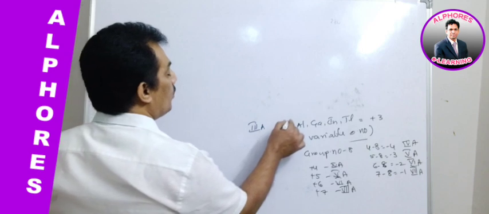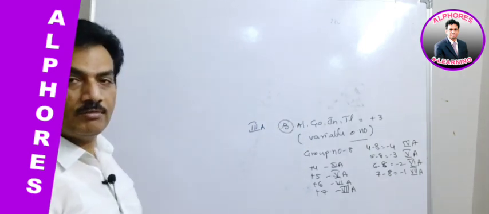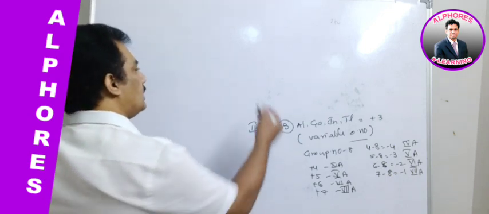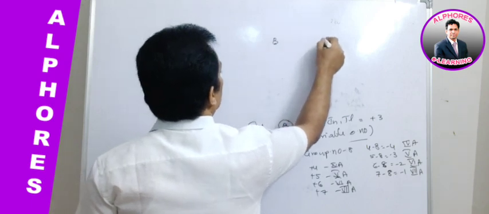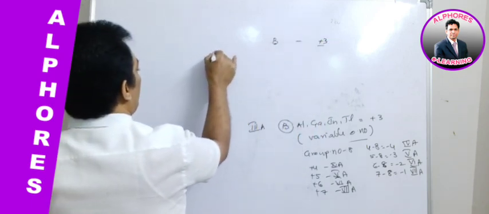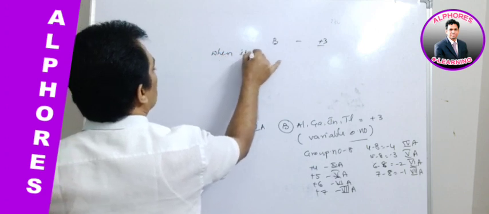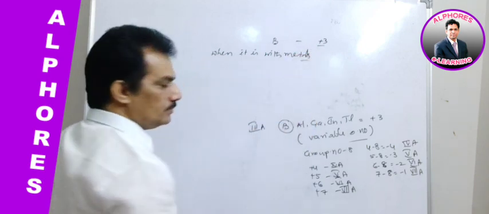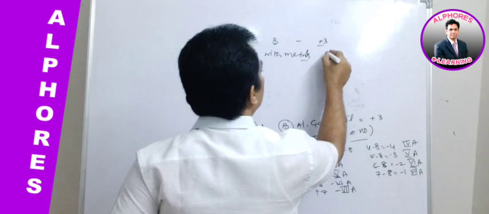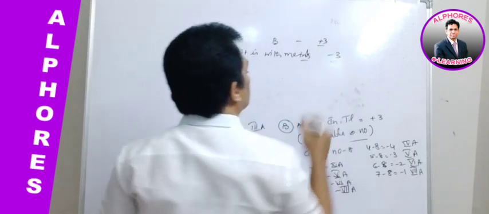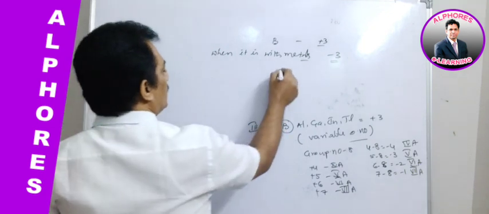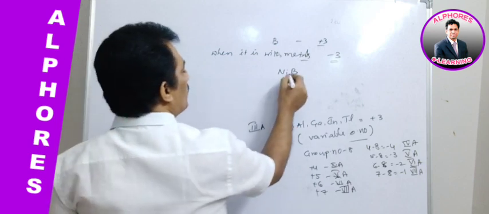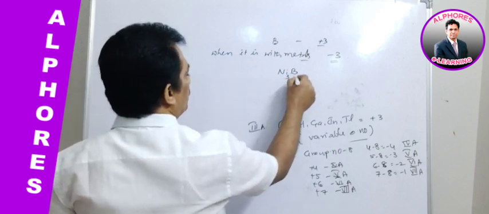And now coming to the third group. In the third group, boron is deviating from its regular oxidation state sometimes. Here the general oxidation state of boron is +3, no doubt at all. But when it is with metals, then it exhibits -3 oxidation state. For example, nickel boride, Ni3B2,